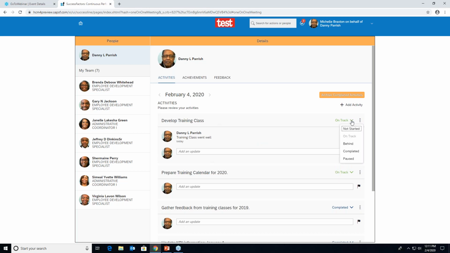You can change the status if you choose. And then with these action buttons here, you have the ability to delete this activity, edit the activity, and request feedback, which we'll talk about soon. And you have this flag here to discuss the importance of that.